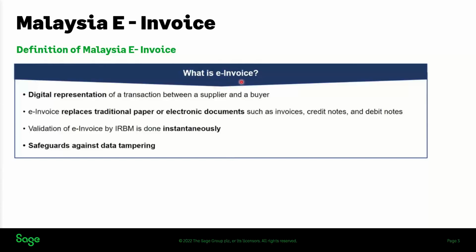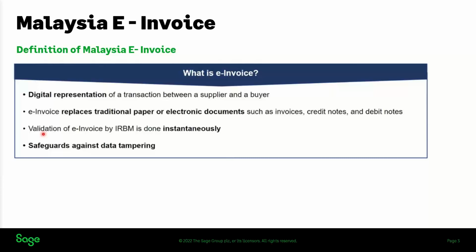But with e-invoicing coming in, according to LHDN, every invoice that needs to go to your customer needs to get a validation or some kind of approval from LHDN before you can actually send it out to your customer. According to LHDN as well, the validation will be done simultaneously, instantly. That means you don't have to wait for another working hour or another working day for your invoice to get validated. Imagine in one day you have 150 invoices you need to send out to your customer.